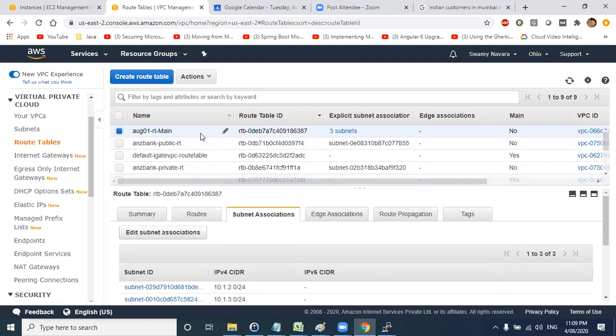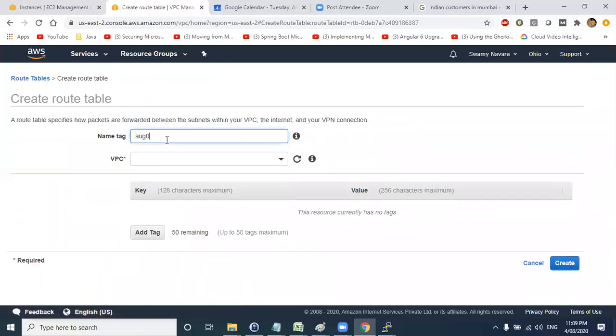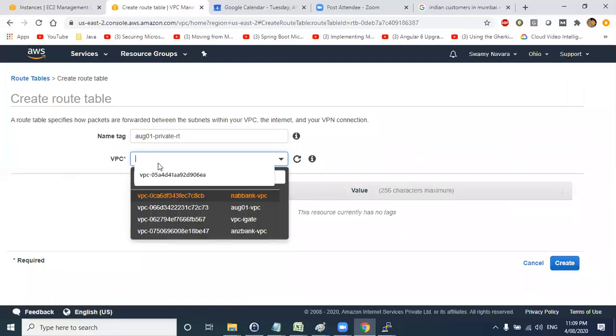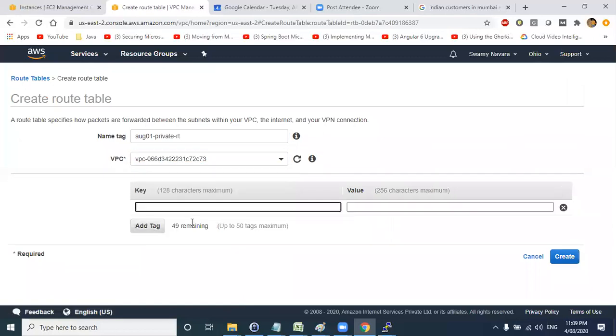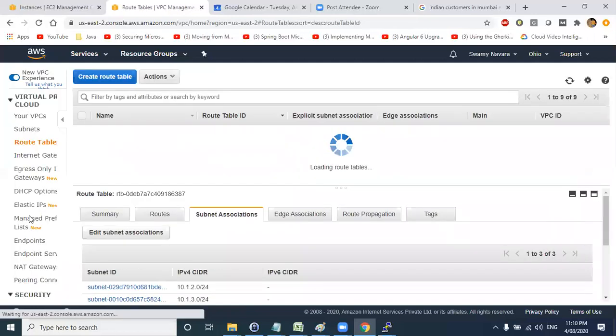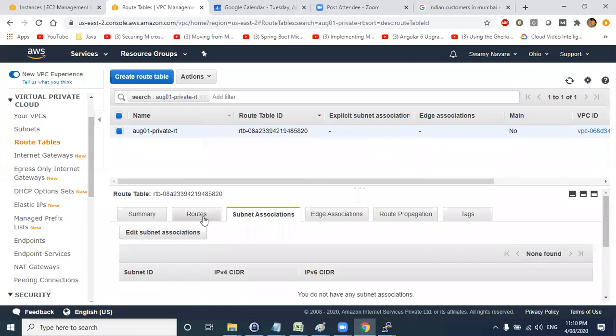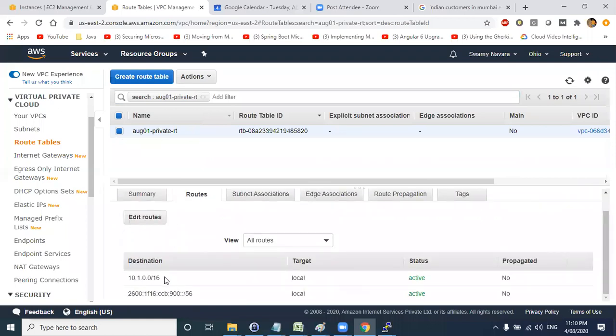For that, you need to create one more route table. Let us call this August 1st private route table. Select the VPC, August 1st VPC, and give the name. Go to the routes. So this is your private subnet. Now we're not giving any external network, right?